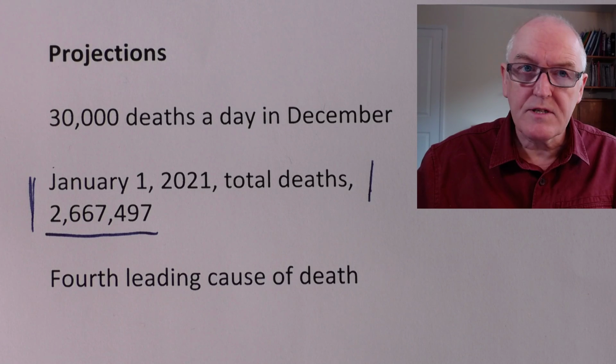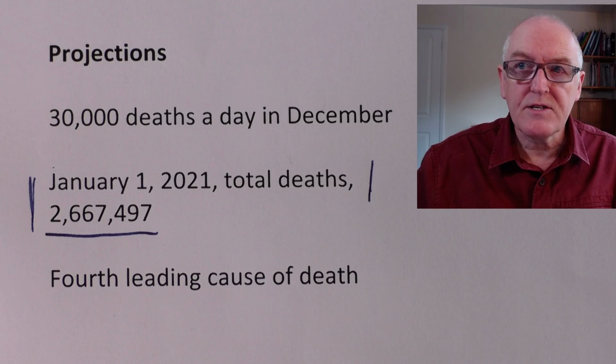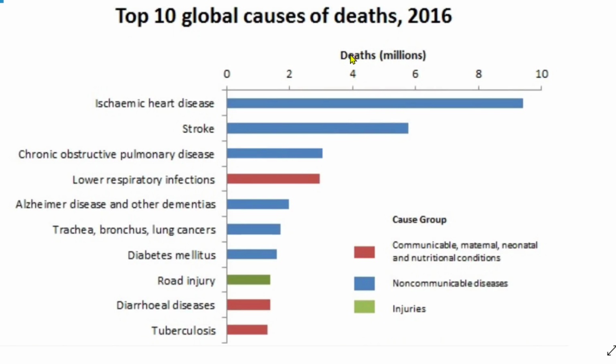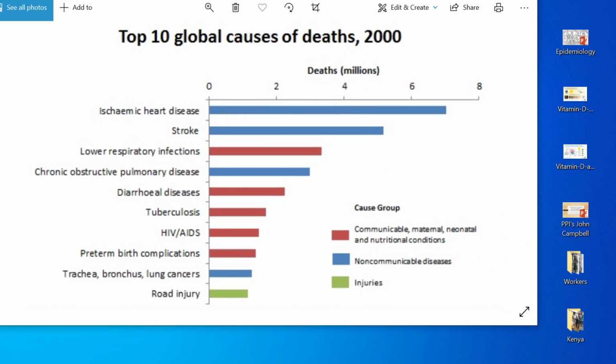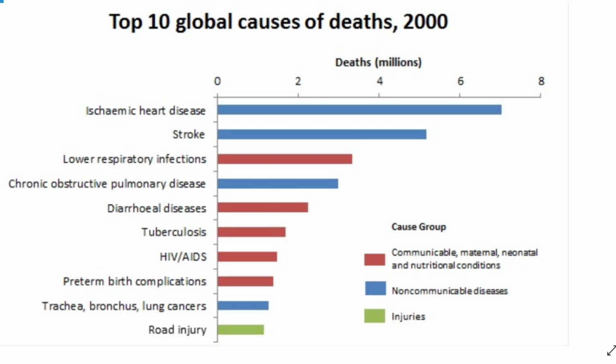Now, of course, the COVID's going to go away. These other conditions aren't going to go away anything like as quickly, so we'll still have these. So let's hope we can start making progress towards reducing these other causes of death as well. Now, I know people have got to die of something, but very often the people dying from these conditions are dying very prematurely. Tuberculosis, for example, often in young people, HIV in young people. As we've said, diarrhea illness very often in under 5s.